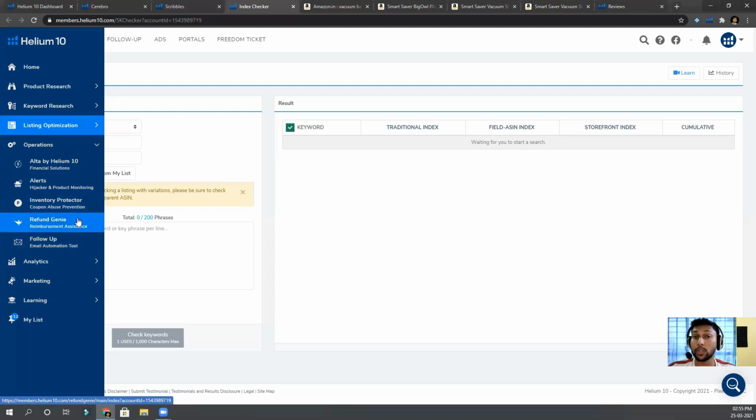So यहाँ पे रिफंड जीनी में क्या होता है, ये पूरा आपके लिए सब शॉर्ट कर लेगा, and it will automatically send them an email, okay, and it will actually provide you a list of order IDs that you need to be reimbursed, okay. अचानक आपको, मतलब बहुत जल्दी आपको Amazon reimburse कर देगा। मेरे साथ ऐसा हुआ है, मुझे बहुत ज्यादा reimburse आया, एक दिन तो मेरा around 2500 का reimbursement आया। ये बहुत ही कम है obviously, लेकिन उस month में मेरा sale भी बहुत कम था, ठीक है। During the COVID situation when Amazon wasn't accepting any orders, okay, few orders were there, so I got that reimbursement.